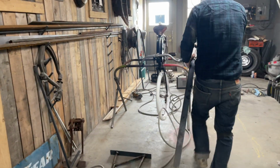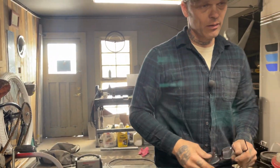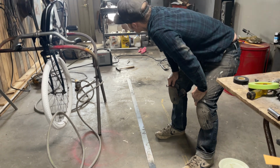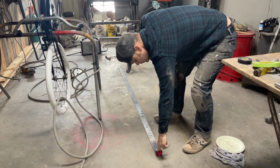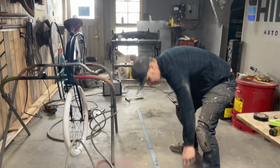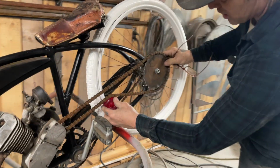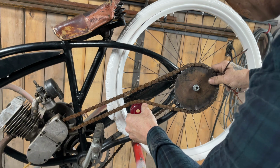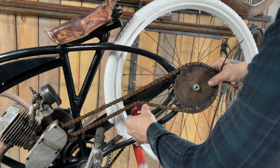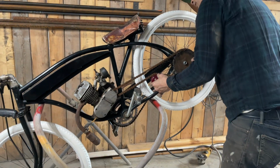What I'm thinking about doing now is I'm going to take a piece of that wheel there. I'm going to drill a hole in this, and bolt that to a piece of square flat bar. Then I'm going to take the flat bar and weld it to the bicycle. I can go back here somewhere, and then I can weld it here to make it look like that's how it kept the chain tight. If I go on either side,